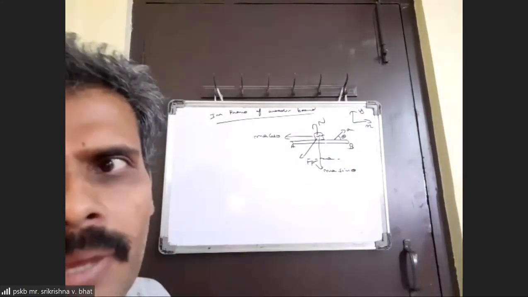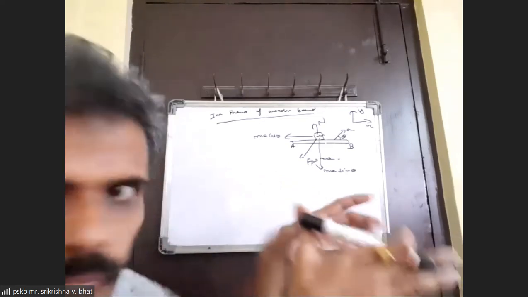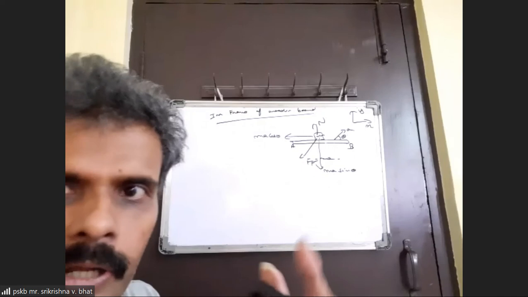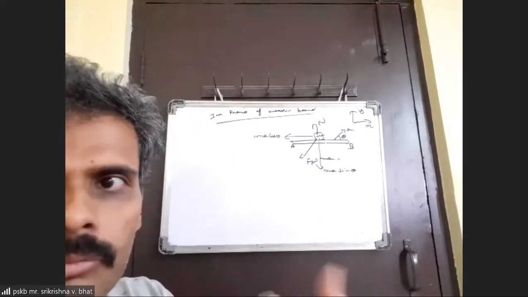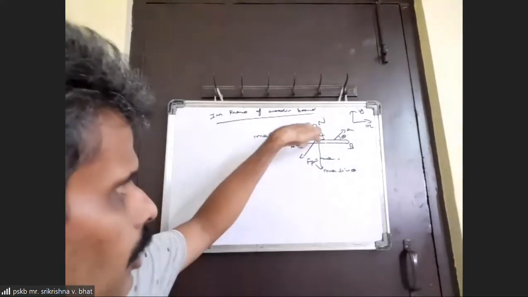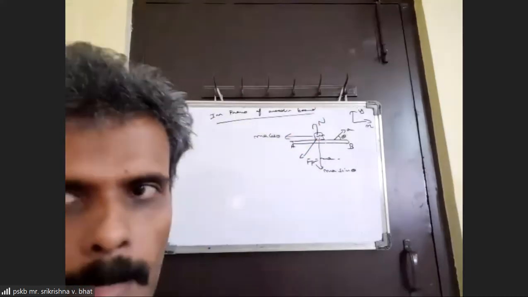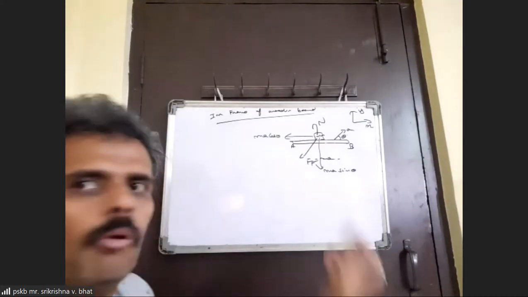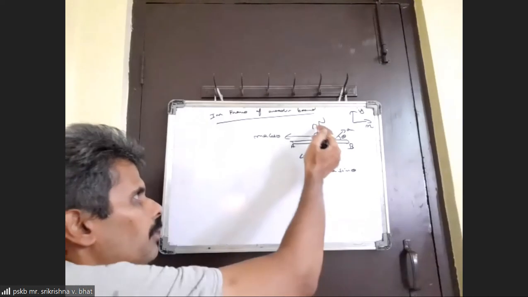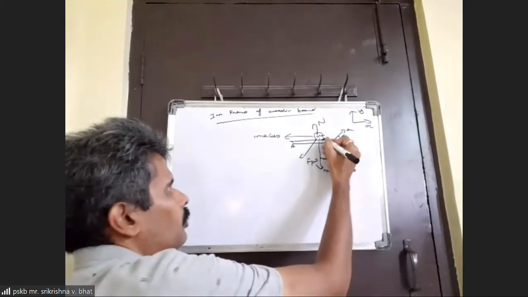We should not make the mistake of taking mg downwards here, because as I told you earlier, this is the top view of what is in the vertical plane. They are in contact laterally, not vertically. So mg is not acting downwards; rather, mg is acting into the plane, or out of the plane. So we won't consider mg in this whole scenario at all. The forces are basically the normal force, the pseudo force components, and of course there will be a friction force.